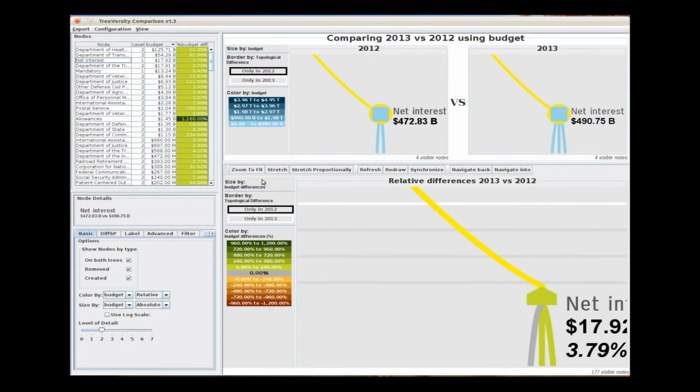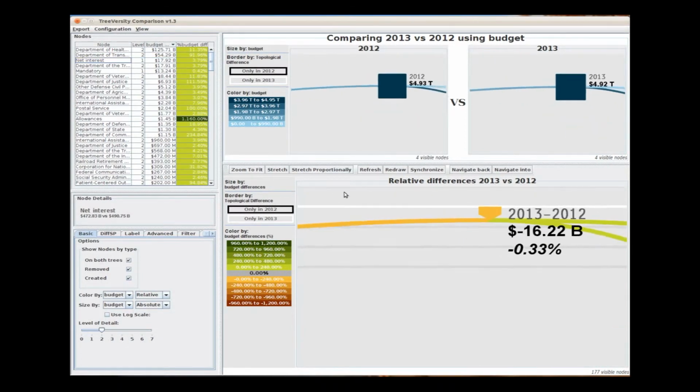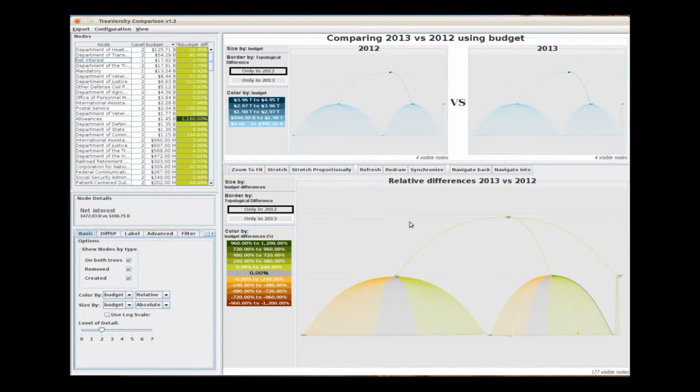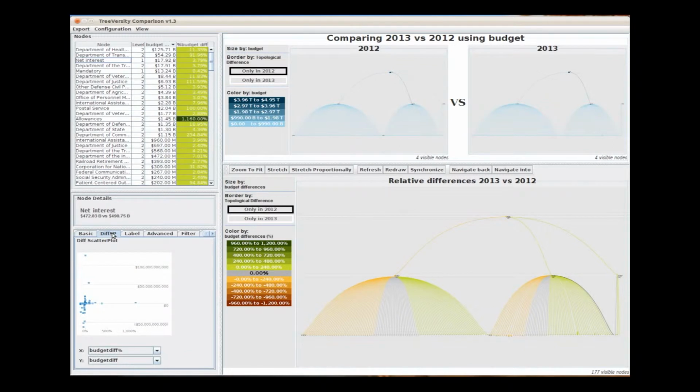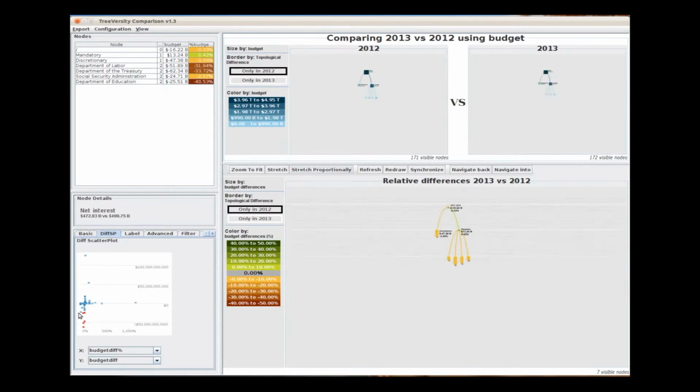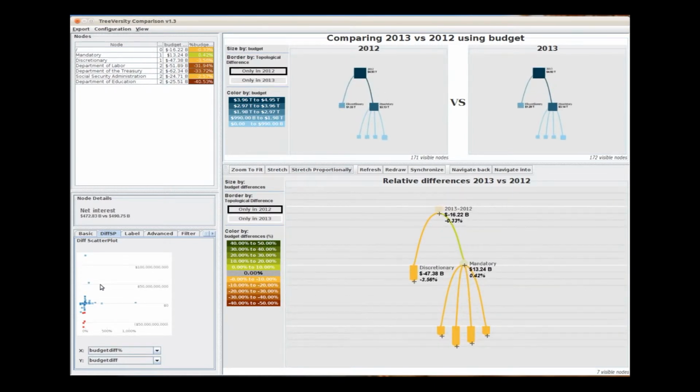Now, going back to the overview, we can also look at the distribution of the change with the diff scatter plot and select to see only the nodes that are changing the most. So if I compact the view and then I select the ones that are actually decreasing, and these two in here that are increasing,